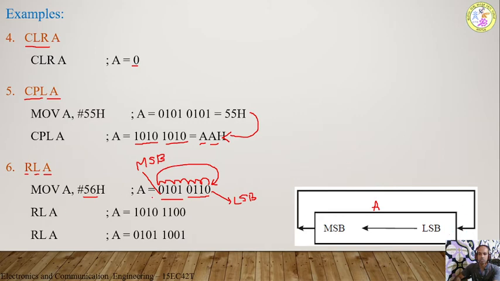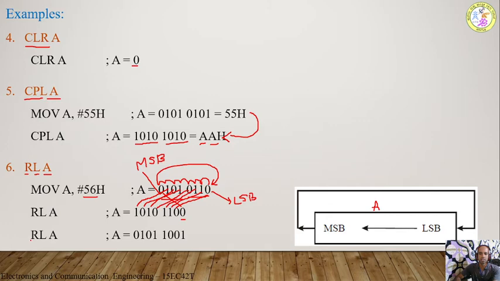Now when this accumulator content is rotated left by one time, observe here. Take this 0 first. The MSB should go to the LSB first. Take this 0 and write it to the LSB position. Then this 0 will come and occupy this position, the second bit, and the next bits will each shift up by one position. This is the new content of the accumulator after one rotation.